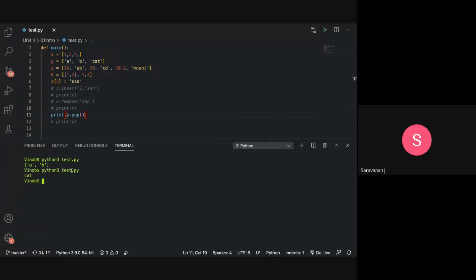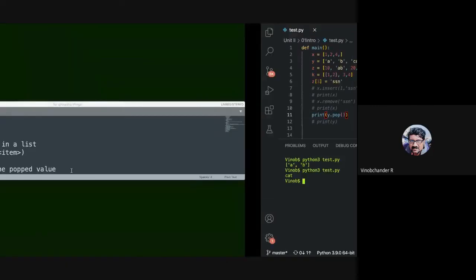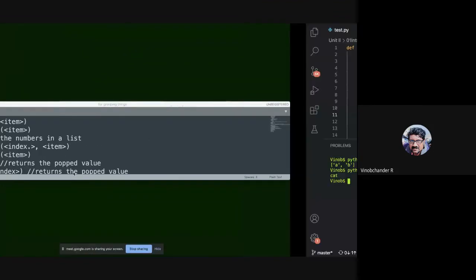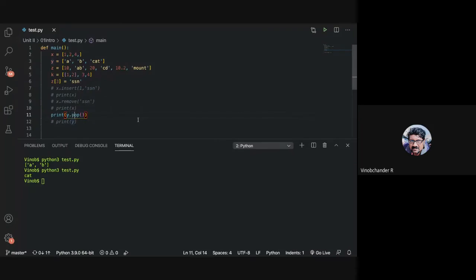I can even give a y dot pop of 1, right? Yeah, you can specify the position also. That is your second method: you can make use of the pop method and specify the index. So you can specify Y dot pop of 1 to remove a particular element.